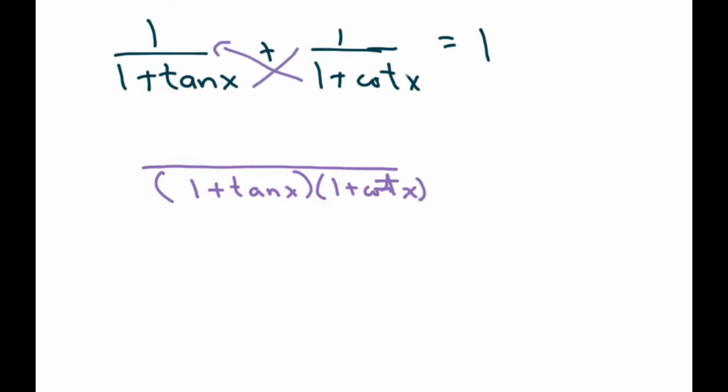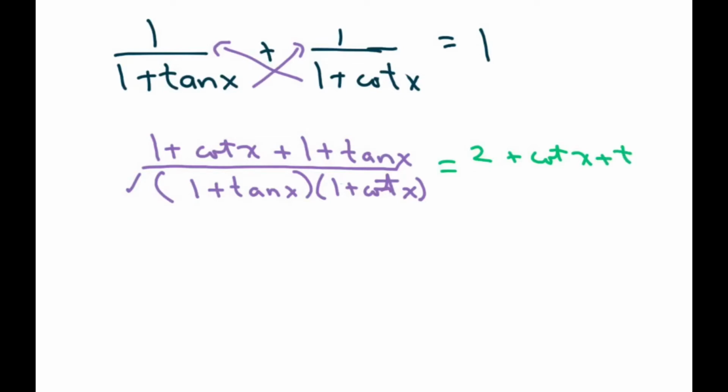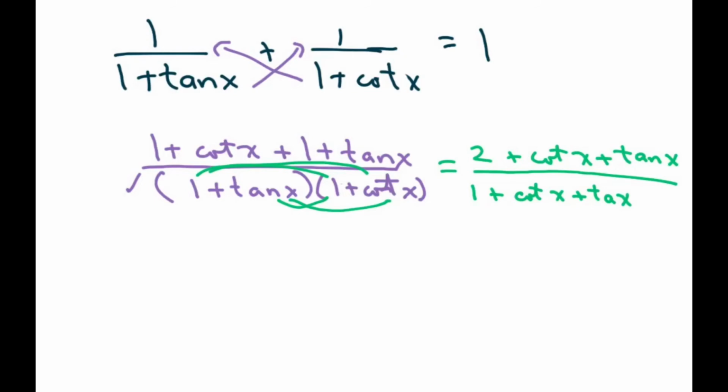So we'll just do that butterfly multiplying thing. You get 1 plus cotan of x plus 1 plus tan of x if we use this new common denominator. Now this numerator is going to be basically 2 plus cotan of x plus tan of x. Now the denominator, we're going to have to FOIL that out. So we do first, you get 1, then you do outer, get plus cotan of x, do inner, plus tan of x, and last is tan